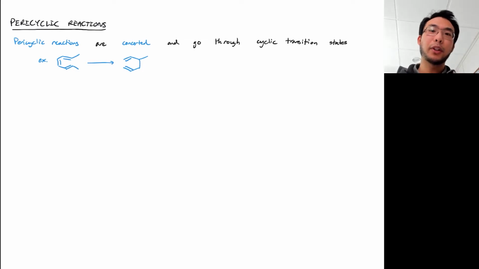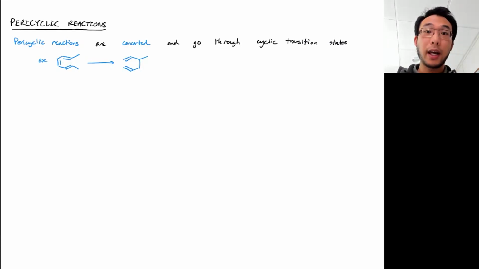In this video, we will learn about pericyclic reactions. Pericyclic reactions are a little bit different in how they work compared to the ionic type of reactions we've talked about so far, and of course radical reactions as well. So in a pericyclic reaction, the distinguishing feature is that it's a concerted process, so it all happens in one